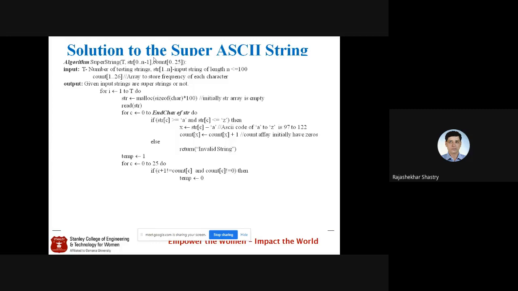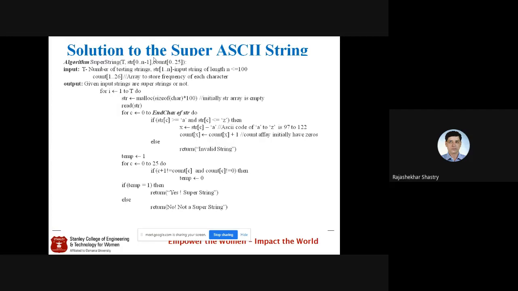Then this is the testing phase. In this testing, I'm assuming that temp is 1. I told you why I'm taking that flag. It's a flag variable for me. It is initially 1. And I'll again read the complete count array. Now, no need to go for the string array because the string's frequencies are already stored in the count array. I'm interested in the count array, only the non-zero locations in the count array.